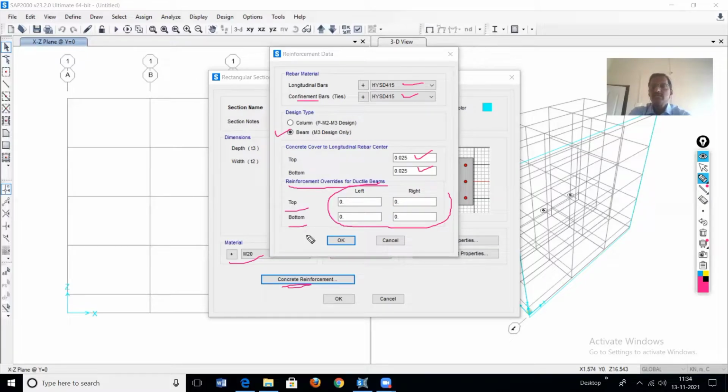So that is extra top and extra bottom. For the ductility purpose, we have to define it here.